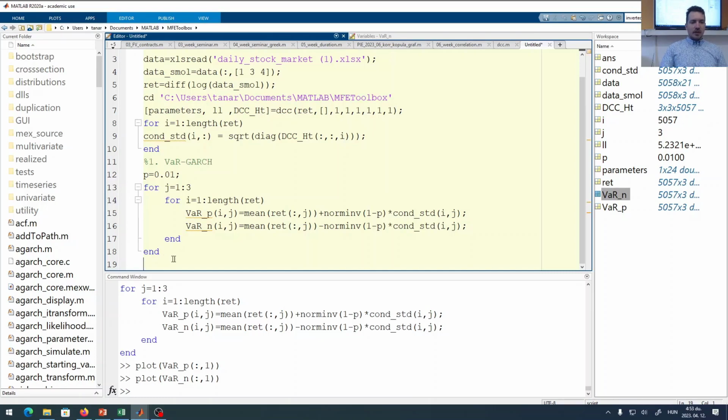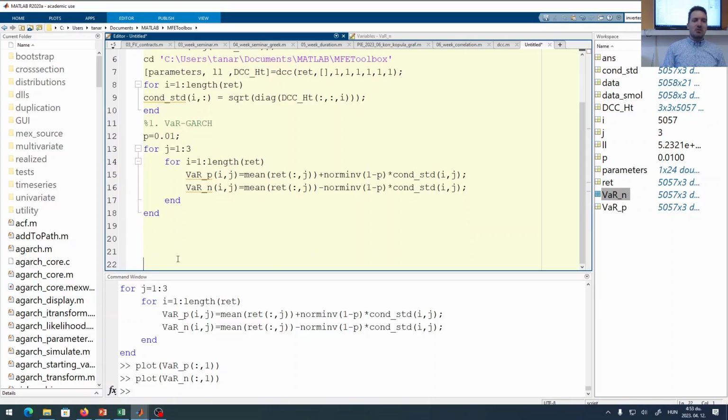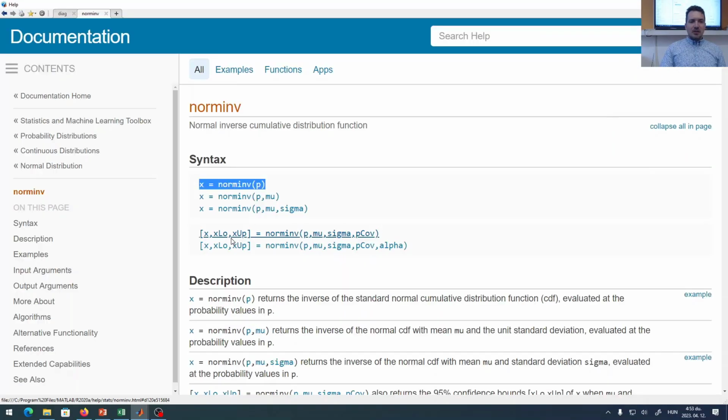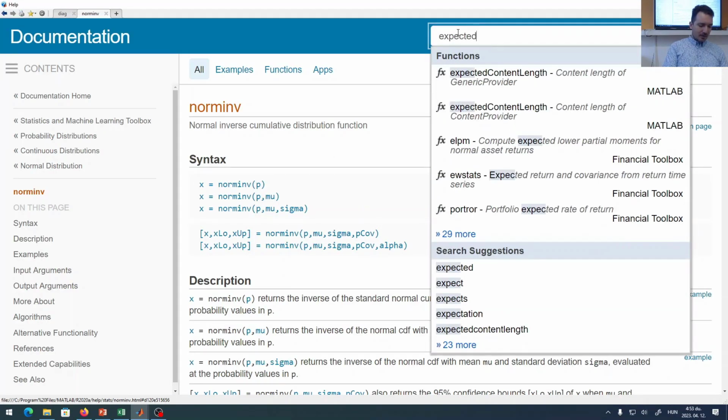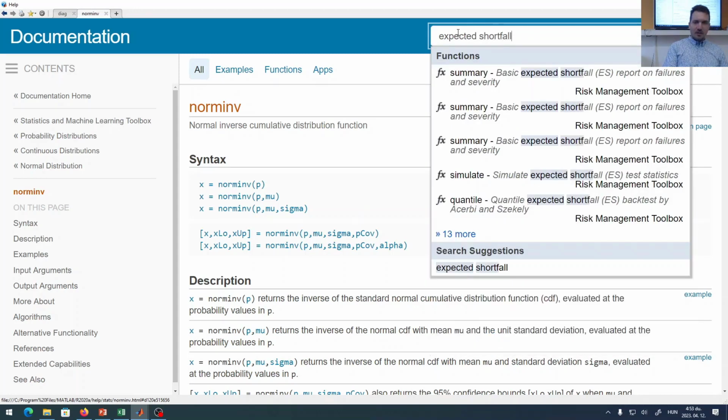VaR GARCH. Several years ago I was talking with some people from Morgan Stanley, and also they were verifying that they are still using it. So just add the GARCH part and after that it will be happy. Then let's see expected shortfall. Because we know that